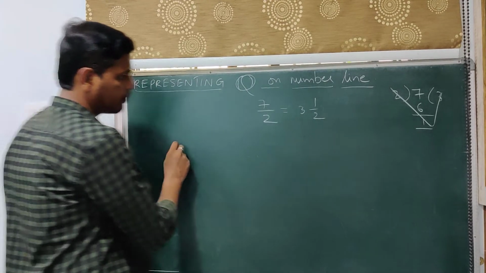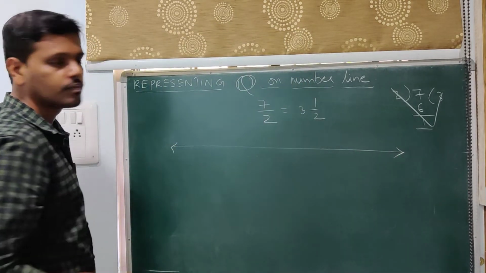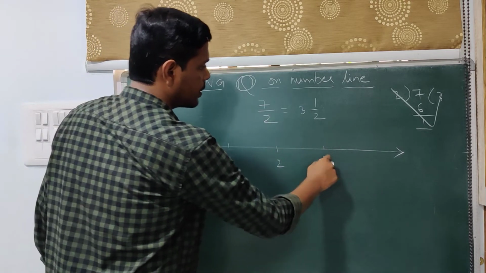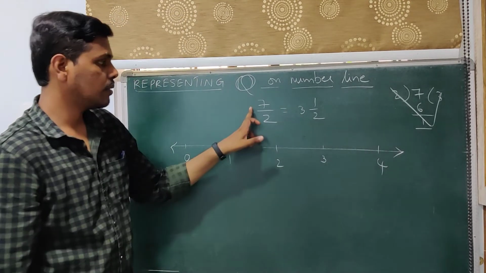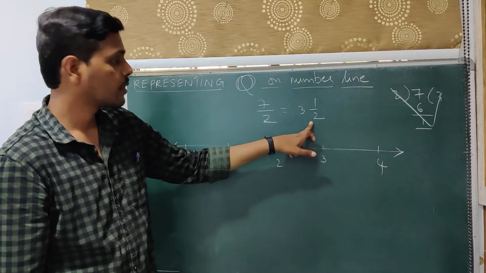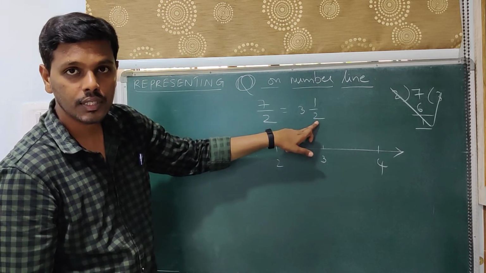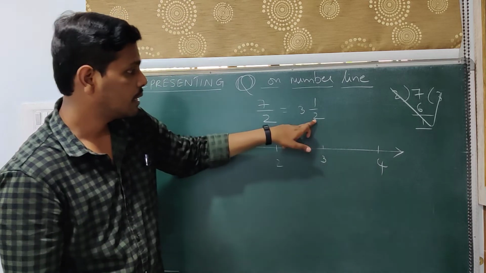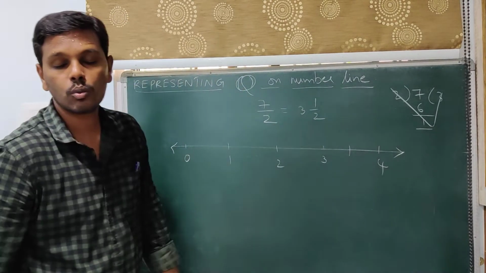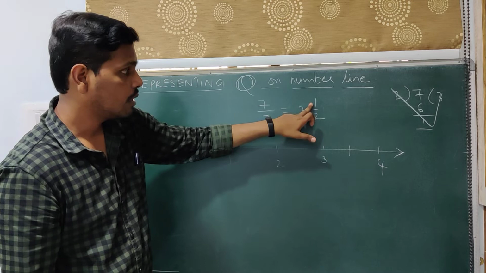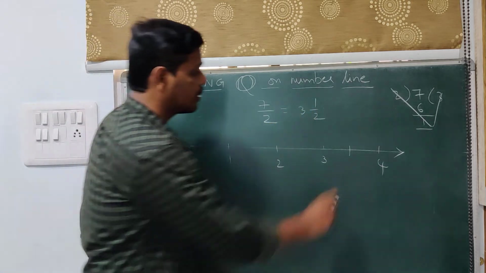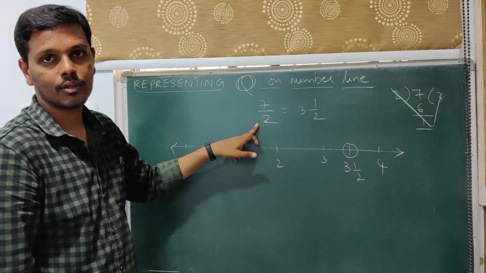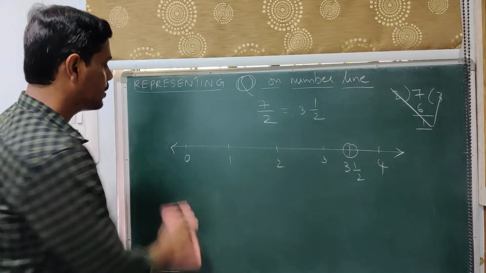Now we repeat the same process. We draw a number line. Say 0, 1, 2, 3. We mark 4. We know that this number is between 3 and 4 as per this. And this denominator over here tells you into how many parts the space between 3 and 4 is to be divided. Here it is 2, therefore divide the space into 2 equal parts, out of which here it is 1, so you will be considering 1 part. So this is 3 1 by 2, which is the same as 7 by 2. Let us see one more example so that you will have an ease of understanding.